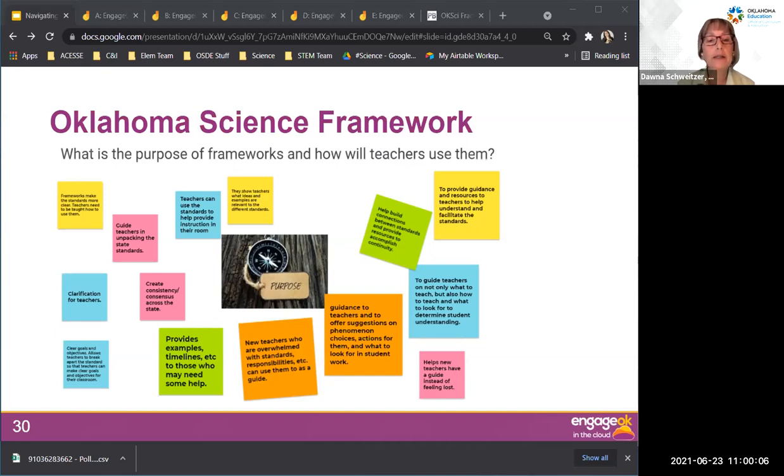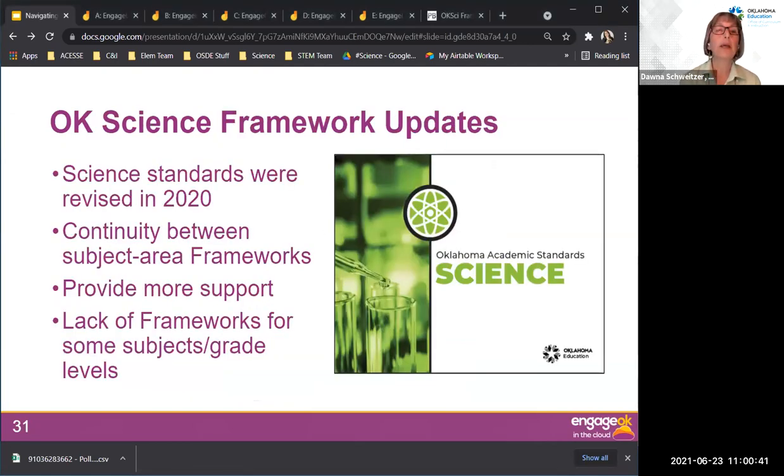They would like to include information on how to determine students' understanding of them. They noted that new teachers feel very, very overwhelmed, and so they wanted this to serve as a guide to assist them so they didn't have to take on so much on their own. And they wanted it to provide examples, timelines, and clarification. And I think I saw all of that information in the waterfall chat. So it looks like we are very well aligned with what the framework writers came up with.